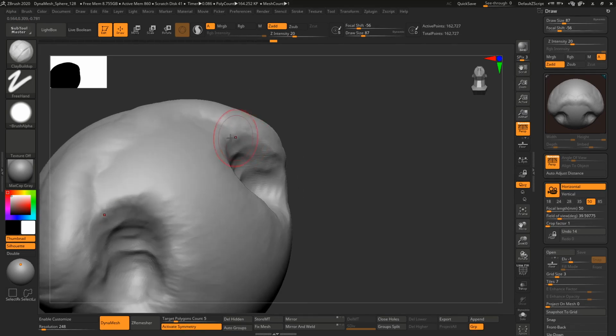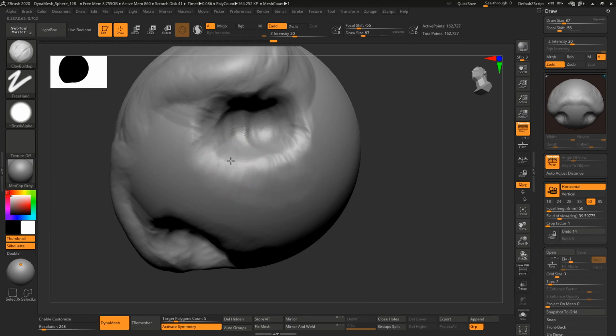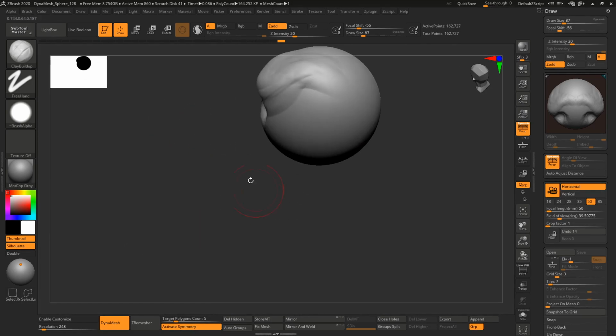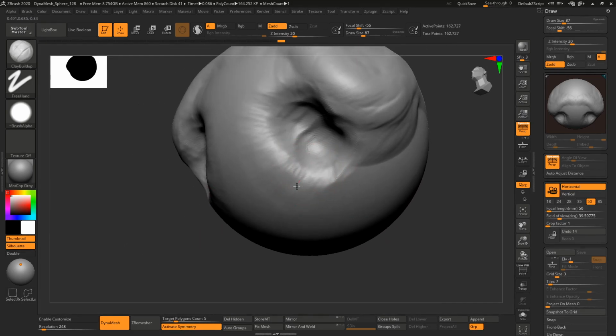If it still doesn't make sense, just work with whatever method you prefer. There is no right way of doing it. There are only tools, no rules. So whatever you prefer. But now you can see that we get these really nice organic shapes just by using